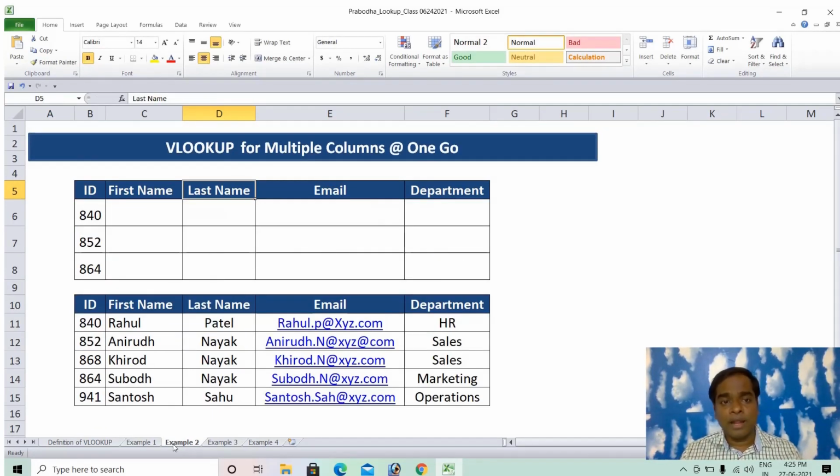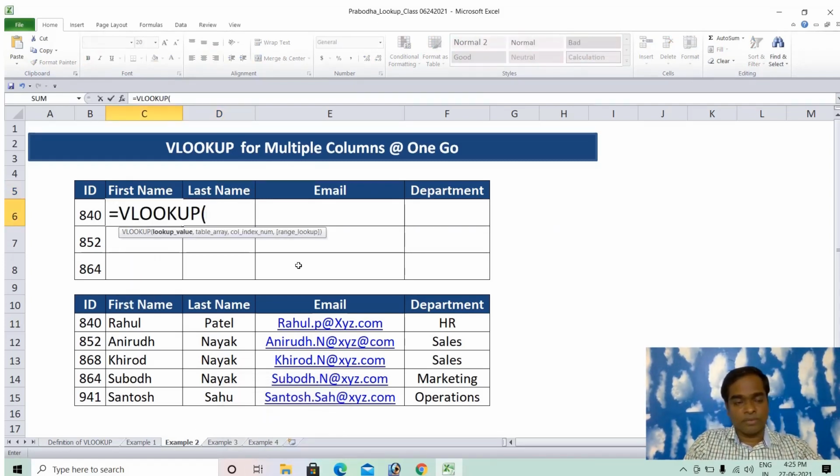Next example, I would like to talk about VLOOKUP for multiple columns at one go. So I do have a bunch of columns to be filled. Using VLOOKUP, I can get the information, but I need to apply it to the other columns also at one time. So if the task is given, I can use the initial VLOOKUP.